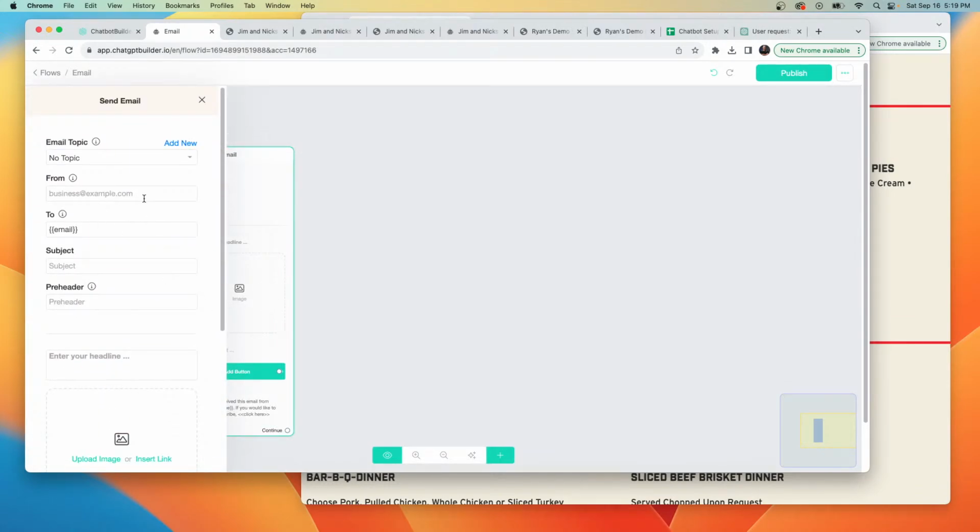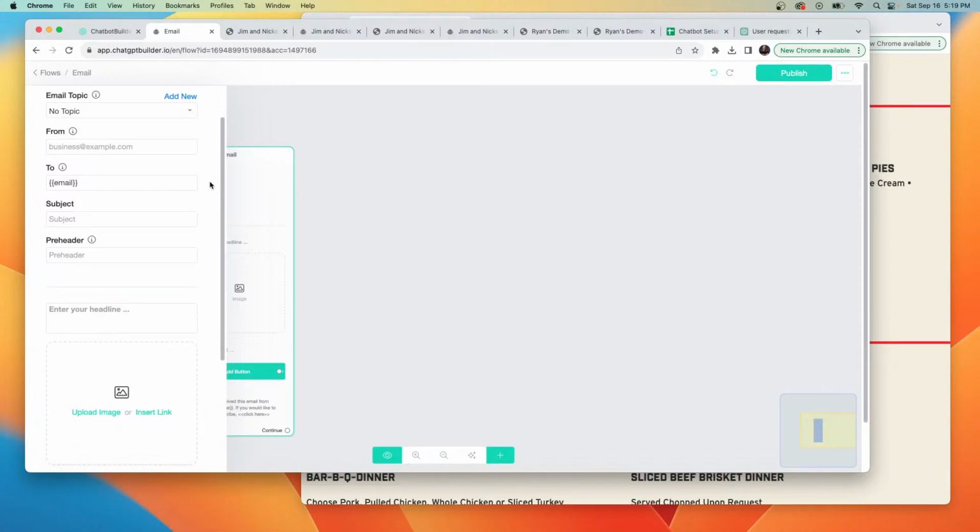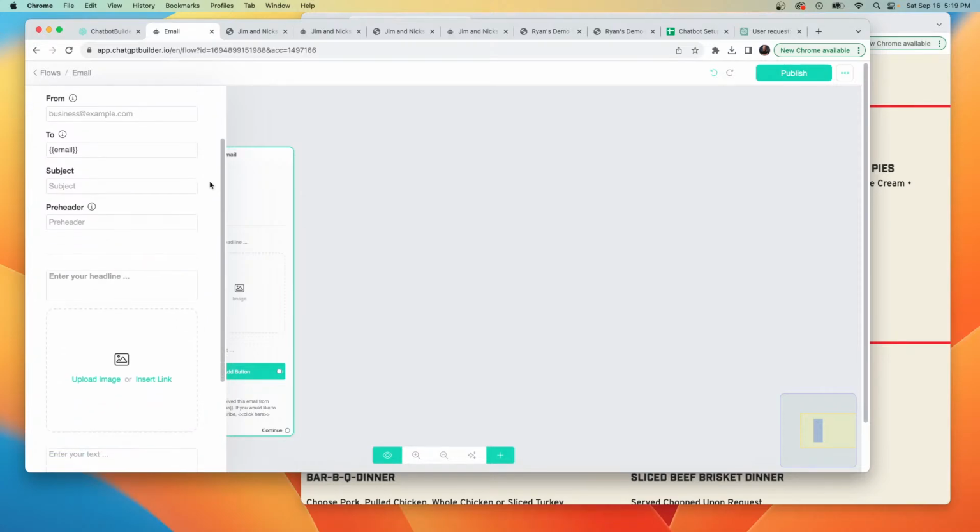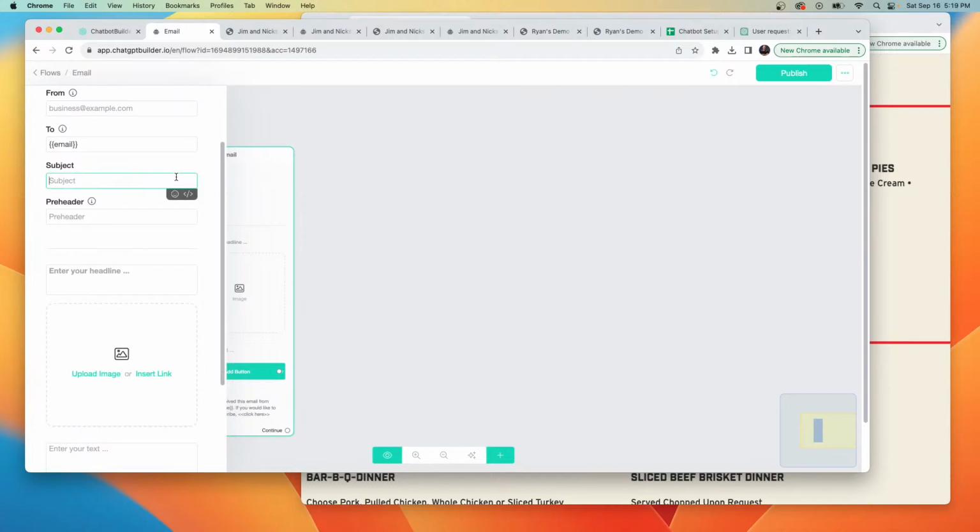Now you want to set your email up in the channels section, which there's a 2-minute video on how to do that. I recommend Amazon Web Services for your email. $3,000 a month for free. You can't beat that. This won't work until I set up the email, but here I could say